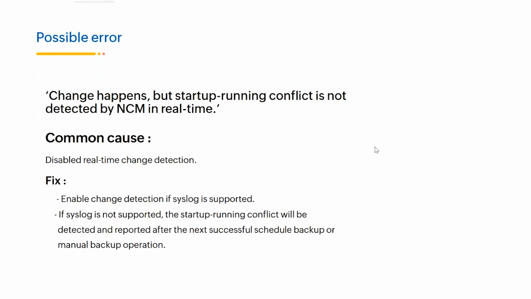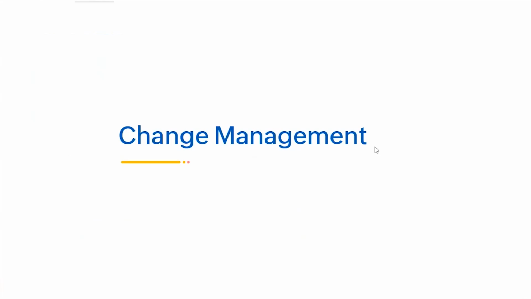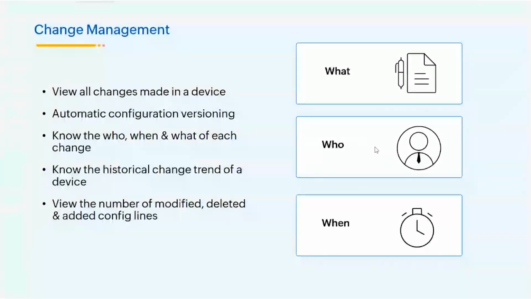So moving on to change management, which is another important feature of Network Configuration Manager. This feature allows you to view all the changes made to the device and automatically sync changes to different configuration versions. You can track the who, when, and what of each change. You can get a historical trend of changes for a device and also see the number of modified, deleted, or